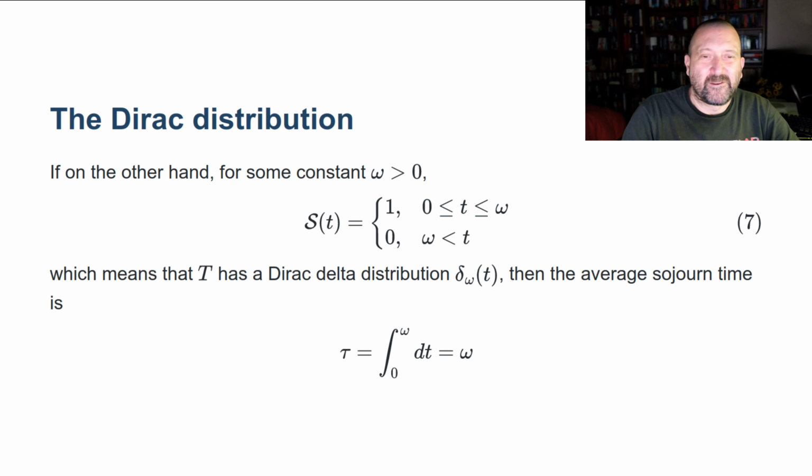Essentially, if you think of a system as being a human who's alive or dead, survival is with probability 1 on the interval 0 to omega, and death occurs at time omega. And if you do that, then the distribution that you're assuming for t is a Dirac delta distribution with parameter omega. The average sojourn time is omega, but it's actually more than an average. It is a given. All individuals spend omega time units in S1 before they switch to S2.